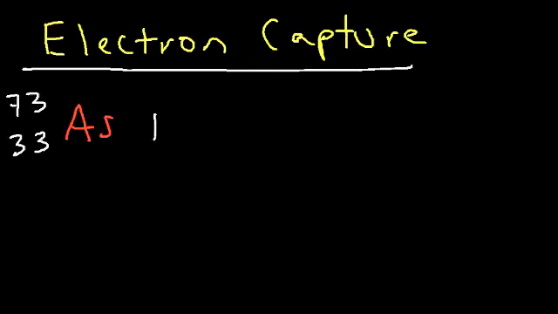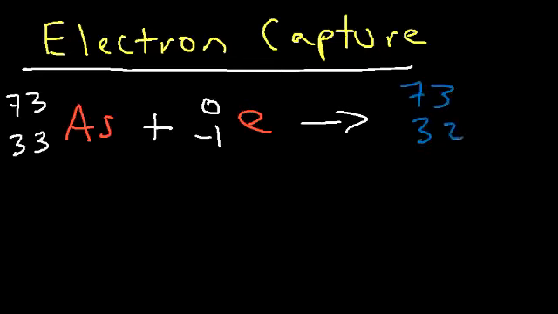If the nucleus captures an electron, the electron has to be on the left side. So what element will be produced? 73 plus 0 is going to stay 73. 33 plus -1 is 32. So arsenic is going to change into germanium